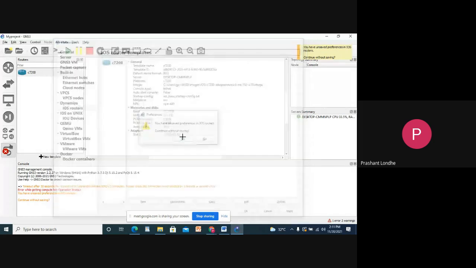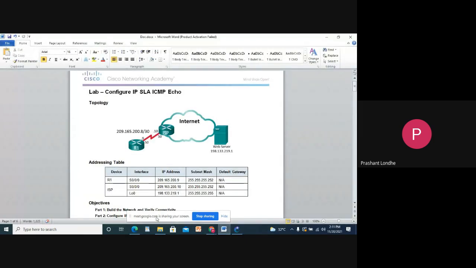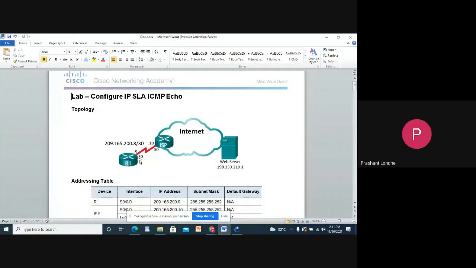Now I need two routers for communication. Let me explain the diagram. I have to take two routers, R1 and an internet service provider, the ISP, which will be connected to a web server.